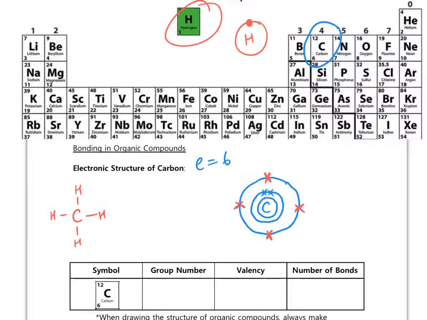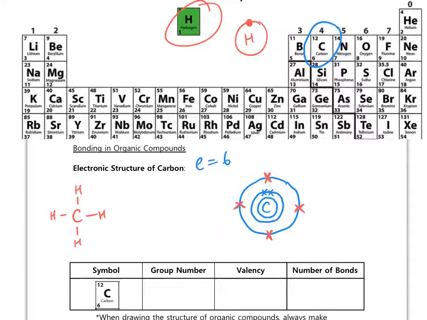So that's just one example with methane, how other atoms would come in and share their electrons with carbon. Carbon atoms can also do this with other carbon atoms, because each of these carbon atoms is going to have 4 single electrons that can form bonds with other atoms, and they do that by sharing electrons. So it's all about covalent bonding here. Thinking back to year 11 bonding, the sharing of electrons is covalent bonding. So where we have 1 shared pair of electrons is 1 single covalent bond. So you can see that with carbon here.